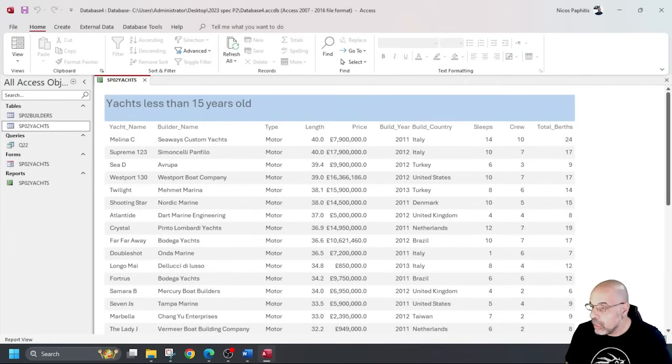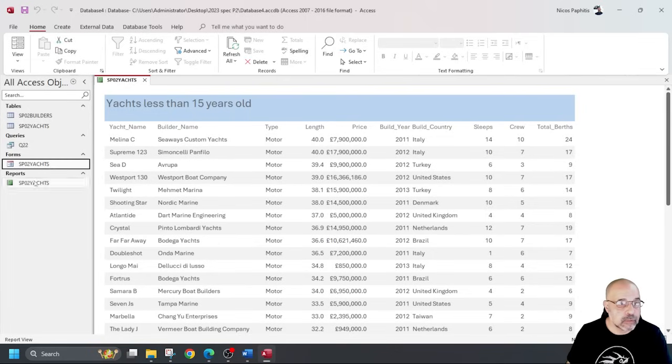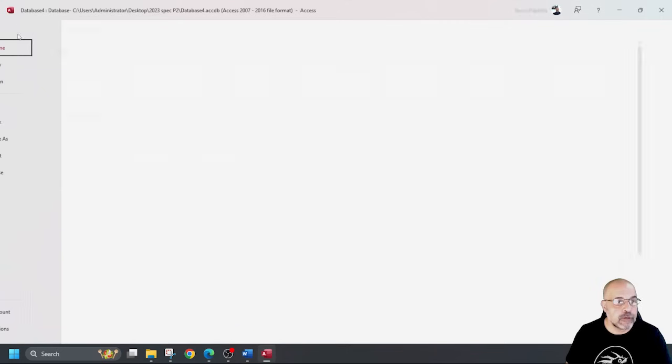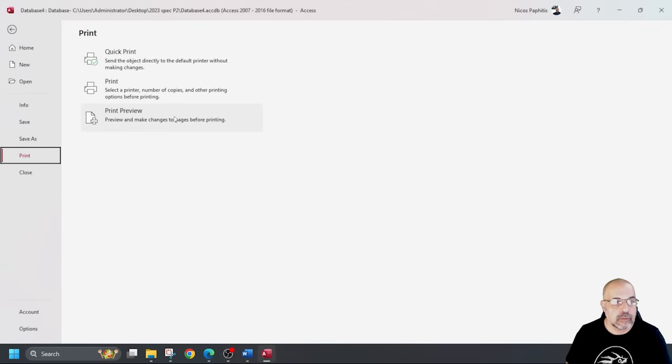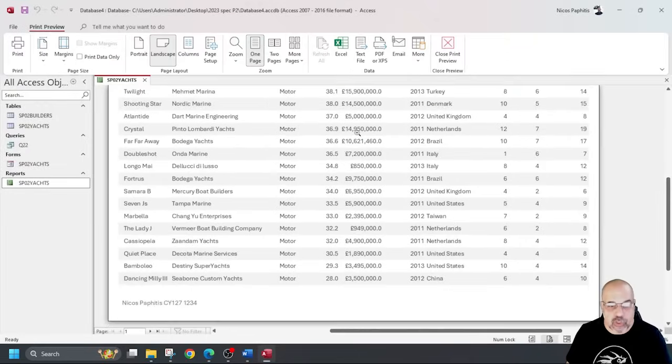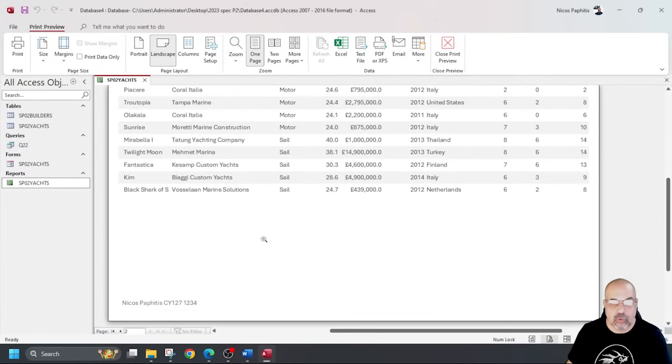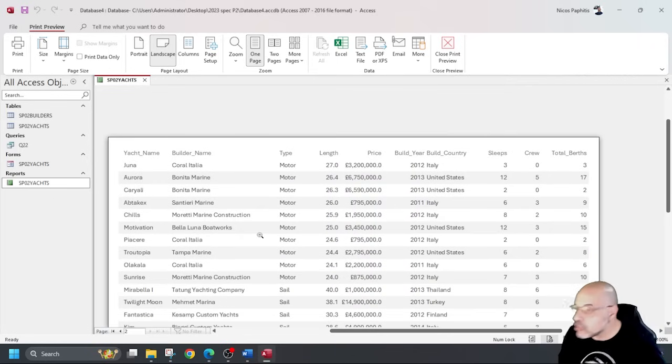There we go. Save and print your report. So I'm going to just click on save. There's my report. Okay, it's not there, it is there. And I can just print that. Control P. And in fact, does it give me a print preview? File print. Let's have a look. Print preview. So this is where you want to check and make sure everything fits on one page. You can see this is all. So this is 2 pages. It actually says,